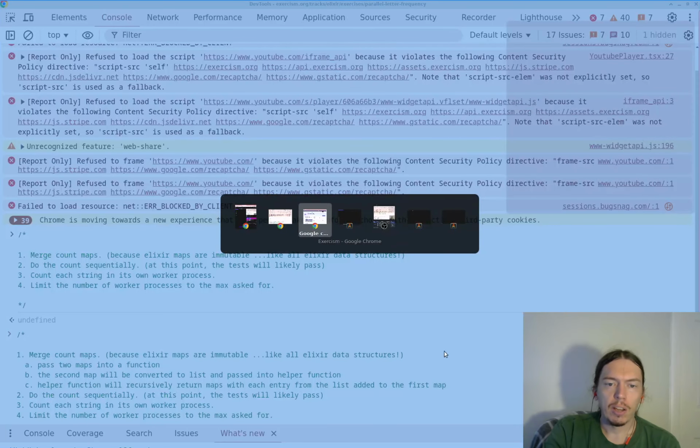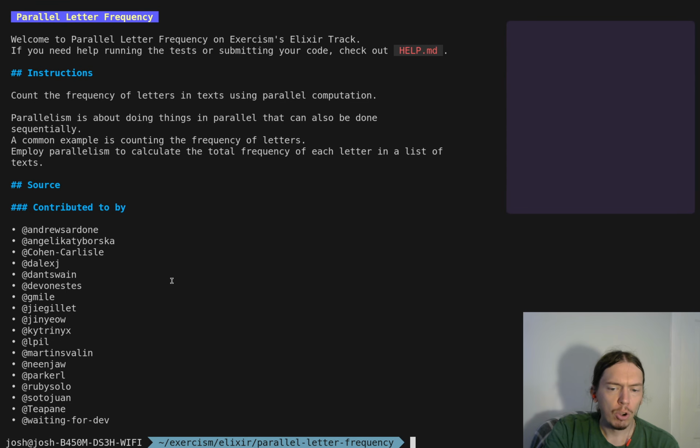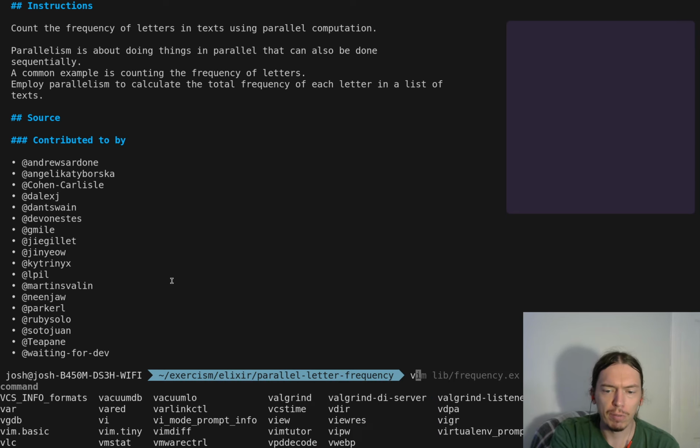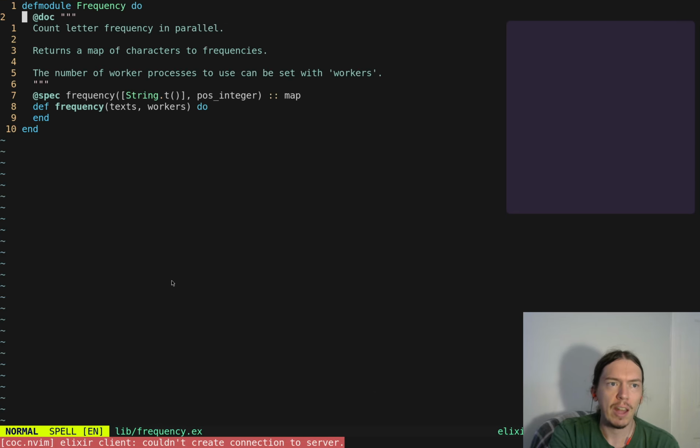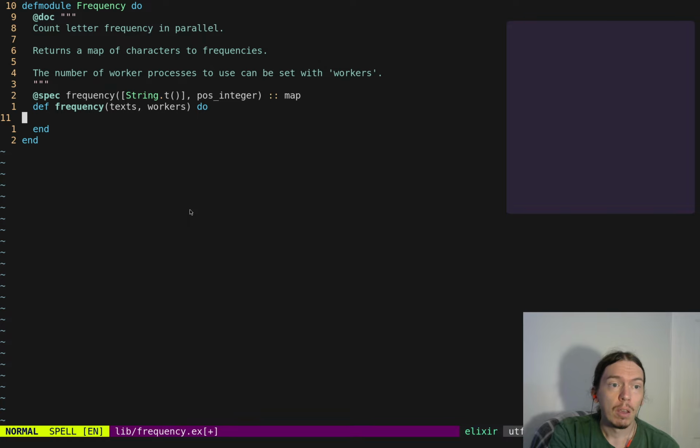Let's just bring this up. I also tried to do a little bit of sprucing up of the Vim, so at least the text is colored now, but the LSP apparently isn't working, and I don't know. I'm just gonna not worry about it for now. Okay, so